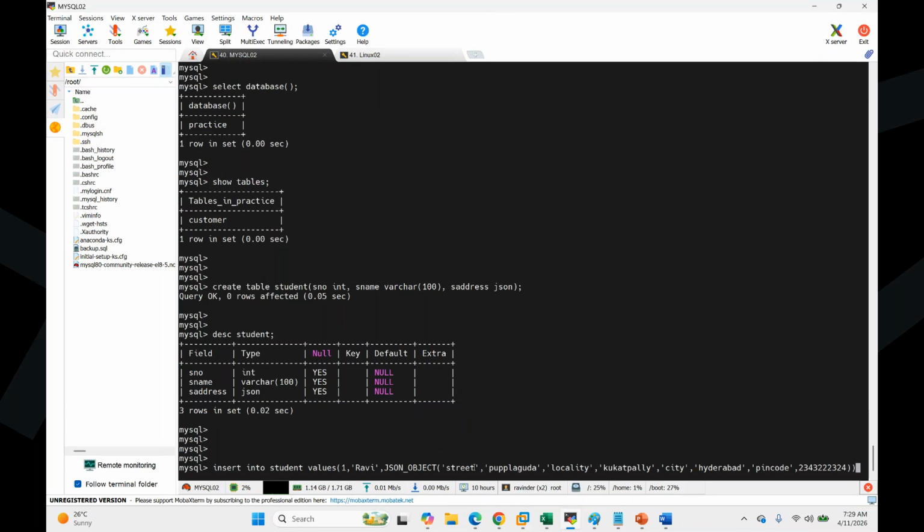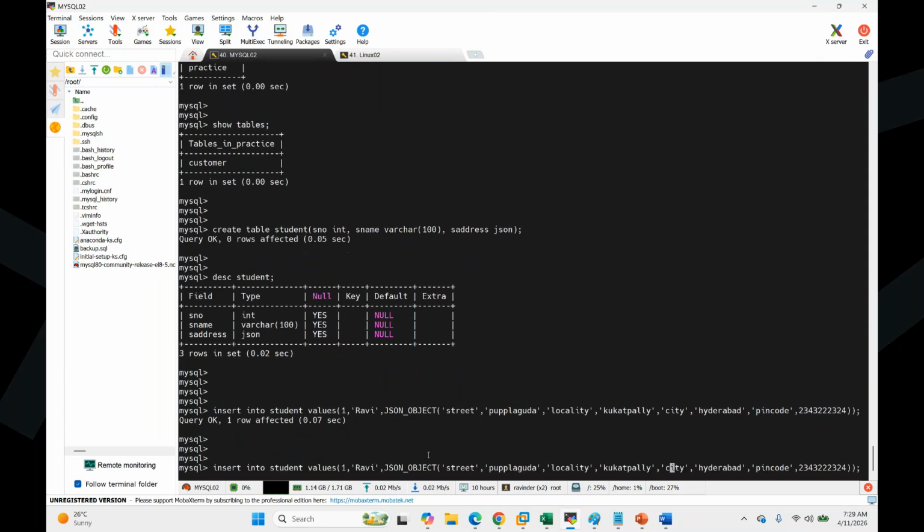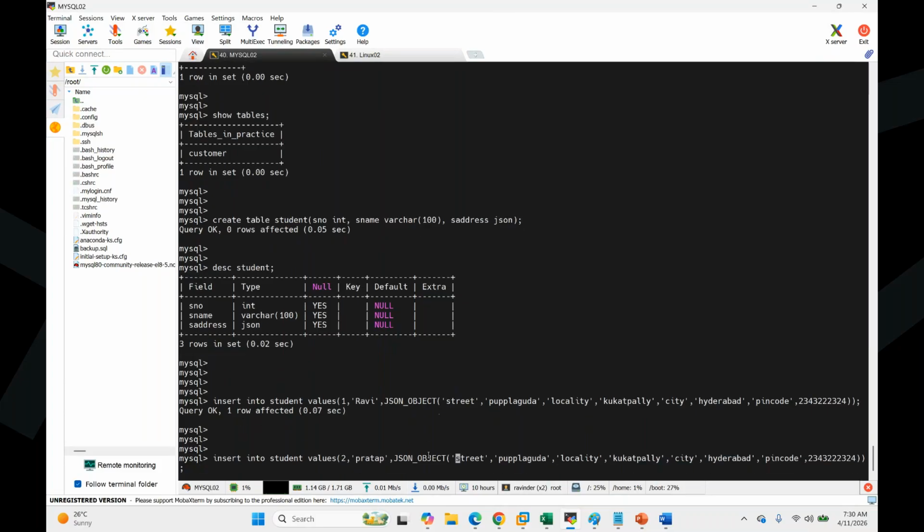In RDBMS terms, you would create a student table, create an address table and keep the relation. That's how you do it. So now I'm loading this data. Now I'm going to load one more record, a second record, just for a use case. Street, I'll give it as Vajinagar. It's MySQL where I'm loading the data. How I installed all that, I'm going to explain later.